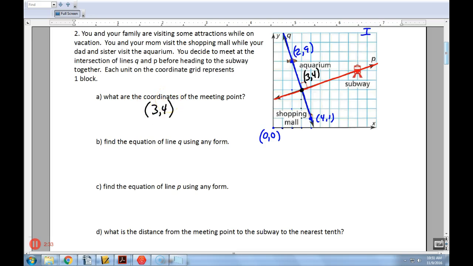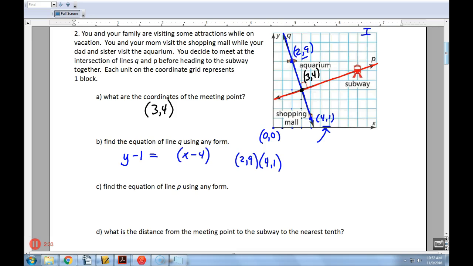Find the equation of line Q using any form. So line Q is the blue line. I have 2 points to choose from, so I'm going to use point slope form. I think it's probably the easiest. I'm going to choose to use this bottom point as my point. So I'm going to do y minus the y coordinate equals slope times x minus the x coordinate, and I need to find slope. So finding slope with those 2 points, 2, 9 and 4, 1,